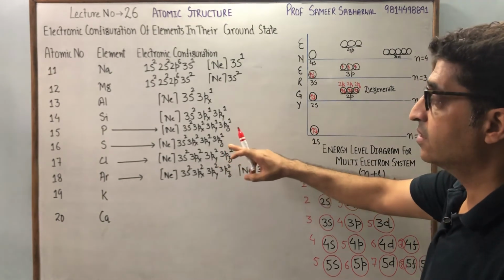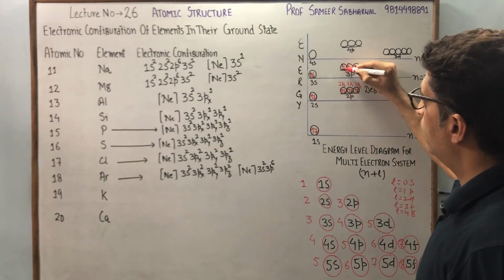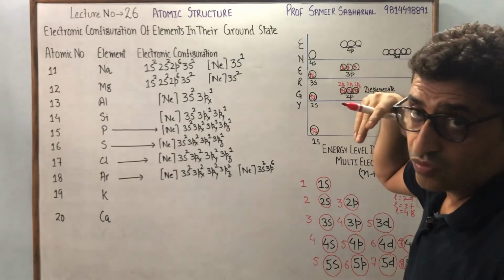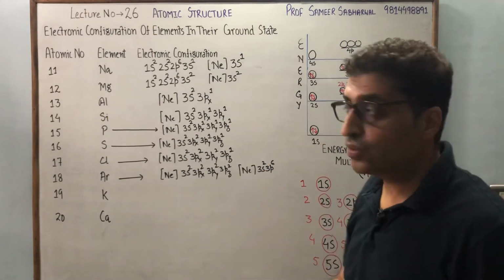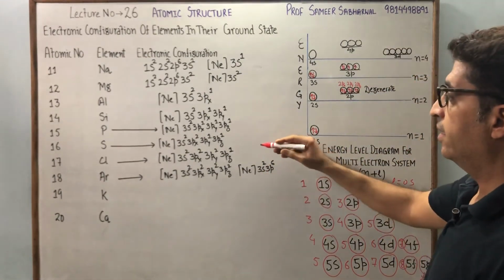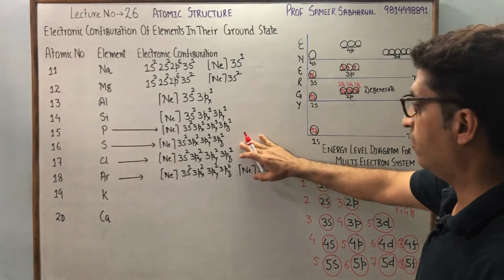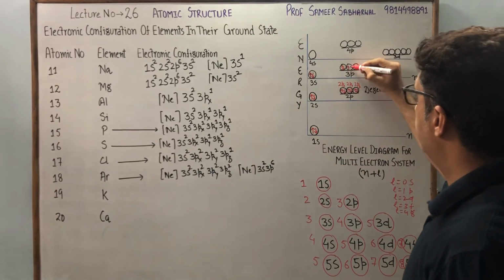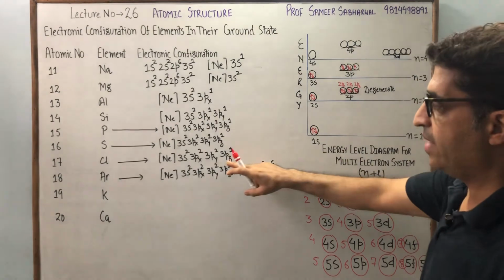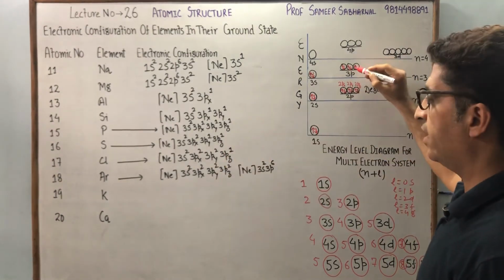And for sulfur, one more electron. This is according to Hund's rule. Then for sulfur, then for chlorine, right, 3px2, 3py2, 3pz1, and for argon,